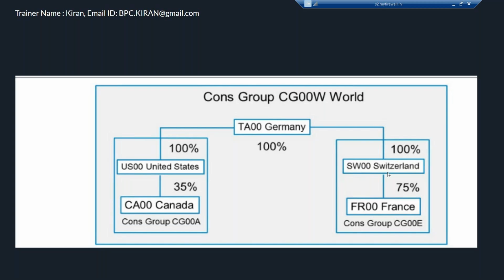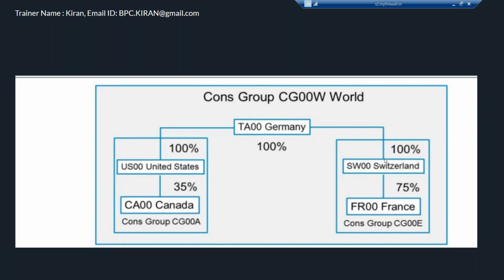After running the validations, once he's satisfied with them, the data is in local currency. Switzerland data is in local currency, euros. In the local currency, if the local accountant wants any manual adjustments, as I said yesterday, for example a gain on asset sale that I want to post to other income, it's a rare posting, once or twice yearly. Those manual adjustments he can post in local currency. Once he completes those postings,